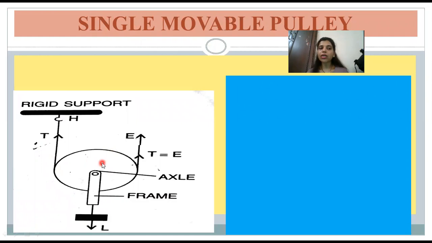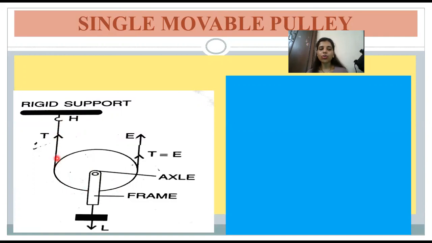Because the pulley can be moved up and down. So when a single movable pulley diagram is asked to be drawn, it is as in the case of the single fixed pulley. In this chapter you will see many diagrams will be asked to be drawn to identify the position and to mark, all application based questions. Here you can see the rigid support, then the hook, and from the hook you show the string, marking the ring properly. So always have a pro circle with you to draw. That will be easier than a compass, because pro circles have fixed sizes of circles, which makes it easier for you to draw.